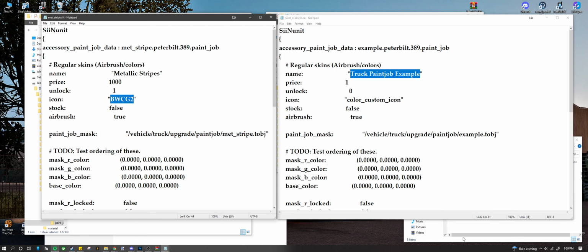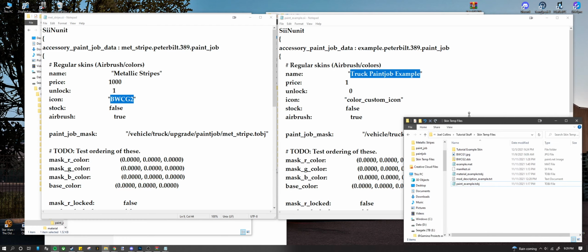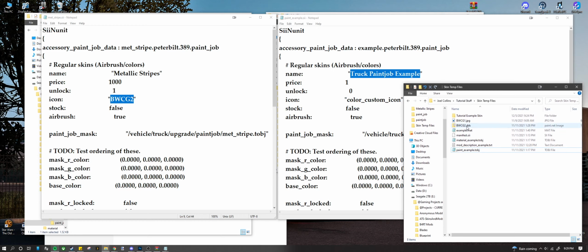Now this one's important. So if I show you here, your icon will always be your DDS. You'll need one JPEG and one DDS for this to work properly. You can have two DDSs, but it's better if one's a JPEG and everything. As you can see, mine is